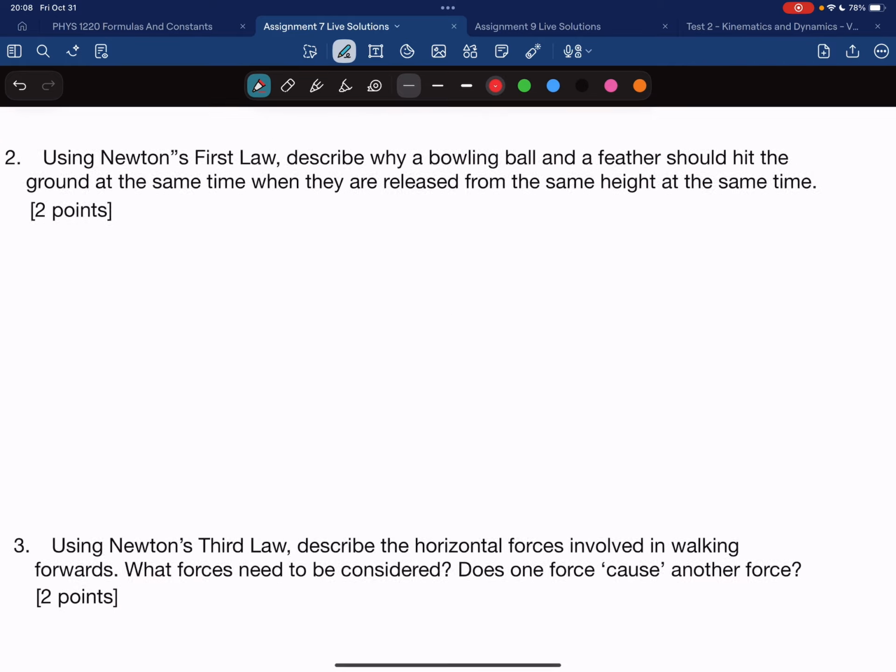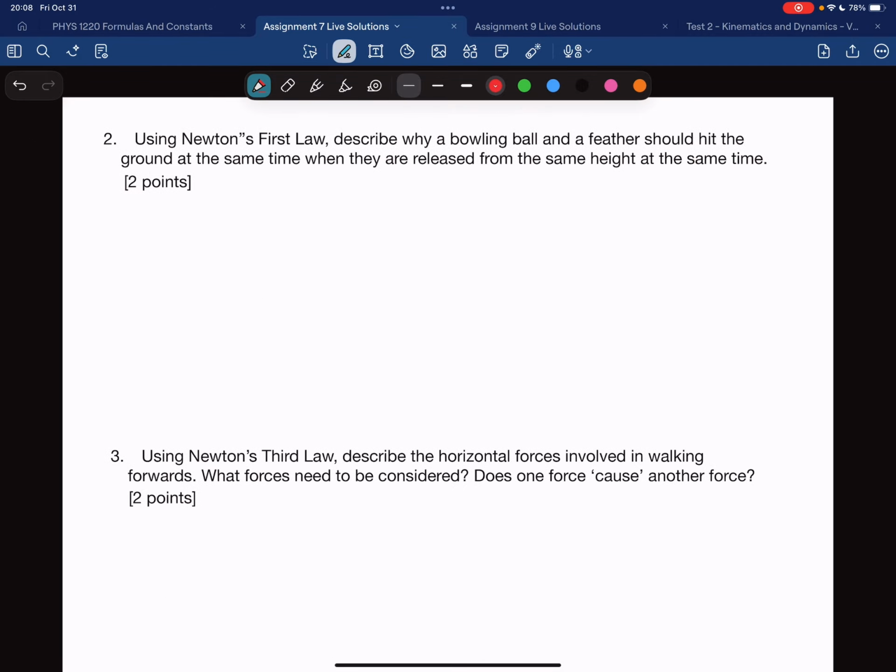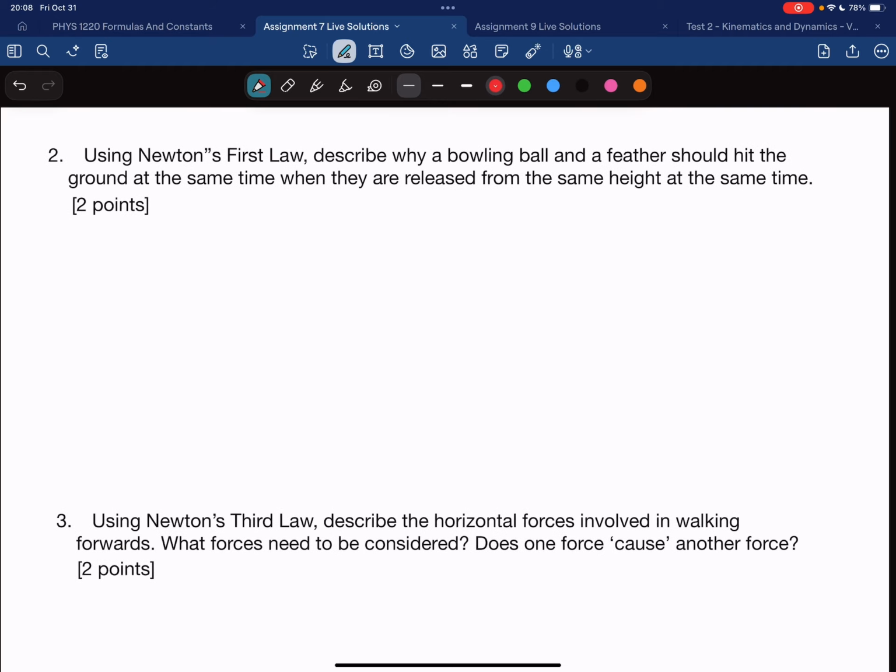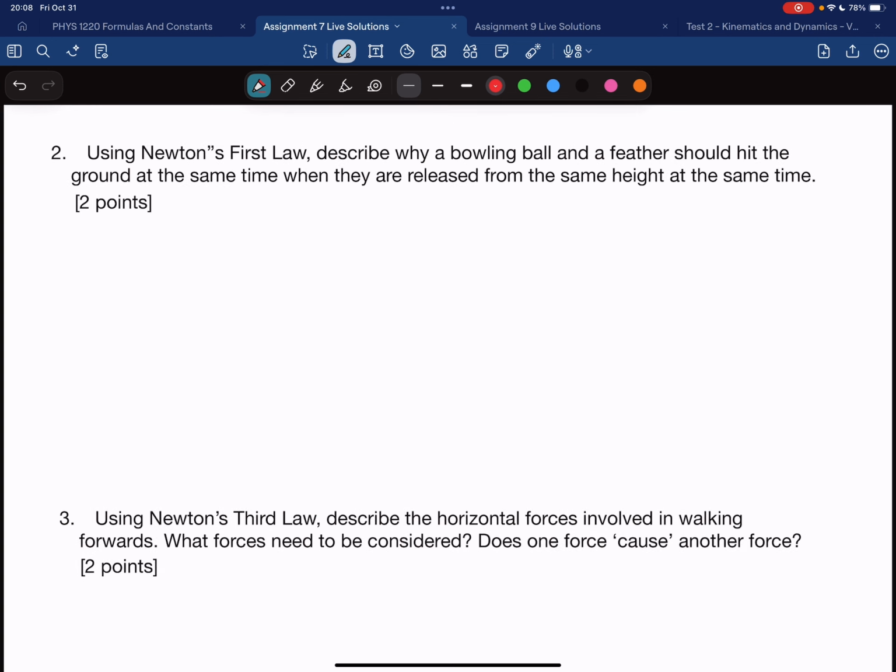Question number 2. This whole page is a bunch of conceptual problems. Using Newton's first law, the law of inertia, describe why a bowling ball and a feather should hit the ground at the same time when they are released from the same height at the same time. Now, this is ignoring air resistance. That's why I said should hit. You know that air resistance will slow the feather down, and then they will not hit the ground at the same time. But ignoring air resistance,